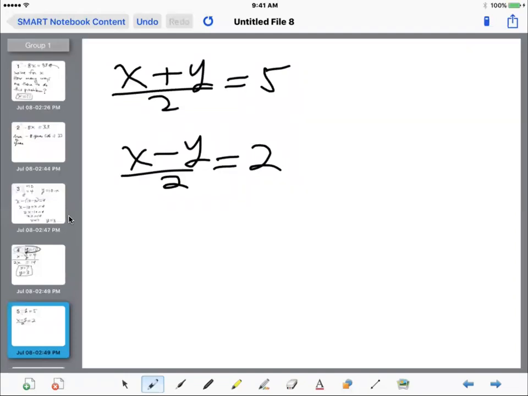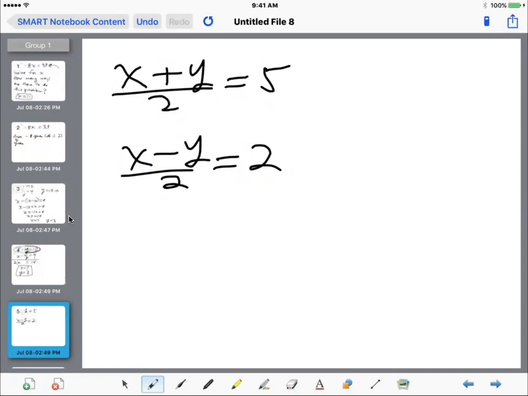Well, yes, if you cross multiply, you'll turn it into x plus y equals 10, x minus y equals 4. But there's going to be something even better than that. I'm talking specifically for this question, where the things that you're given are (x plus y) over 2 and (x minus y) over 2. Now, you might say, well, this is so easy, I'll just do x plus y equals 10. Yeah, multiplying both sides by 2 would turn it into the last question,